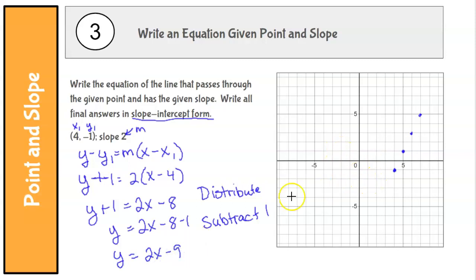Now, you can check over here. We know now that the y-intercept is -9. And my slope is still 2, and look, it is the line that I drew before. Isn't that fantastic? So exciting. That's my answer right there in slope-intercept form, but I started in point-slope because it gave me the point and